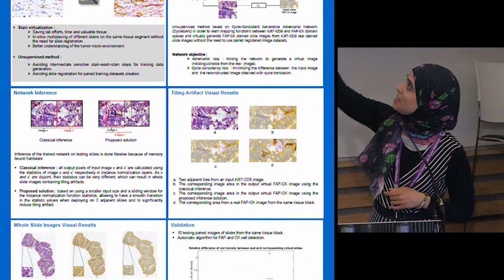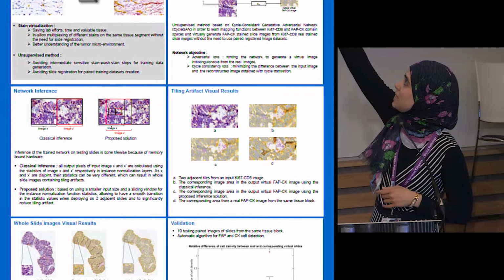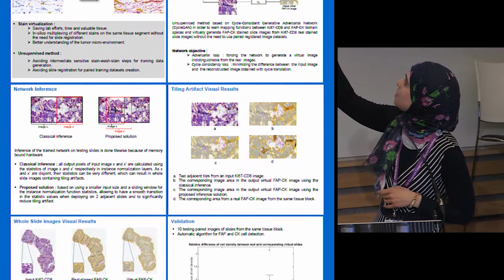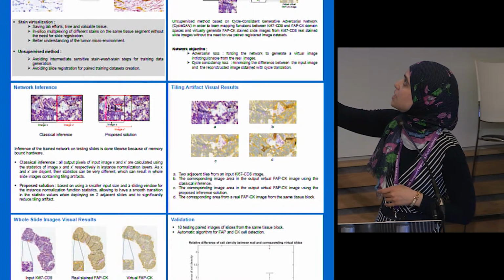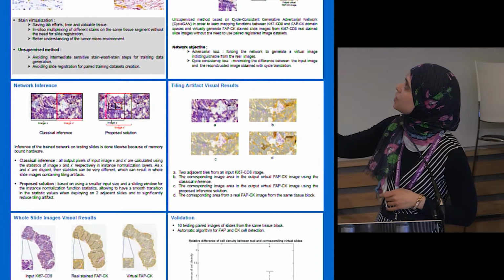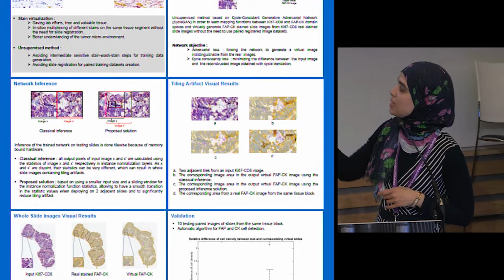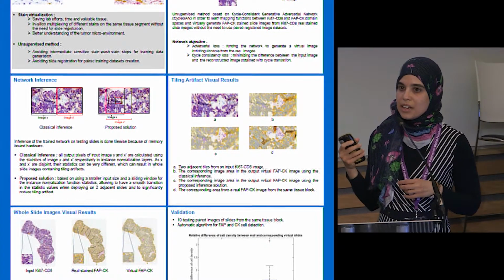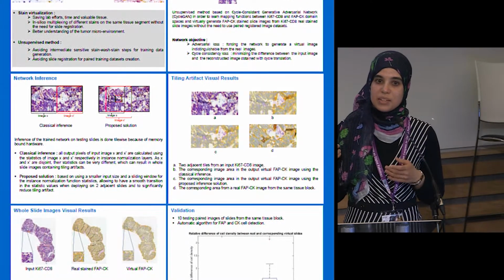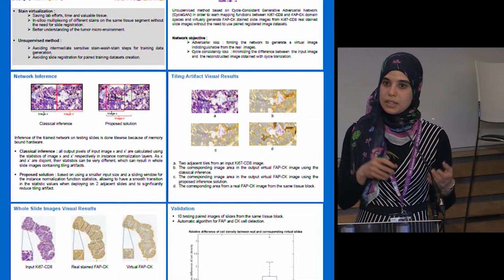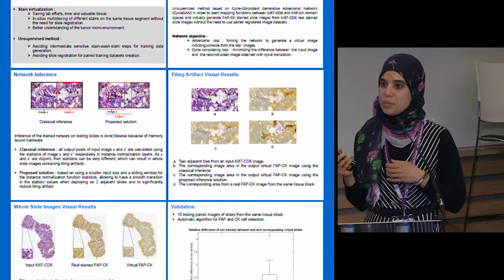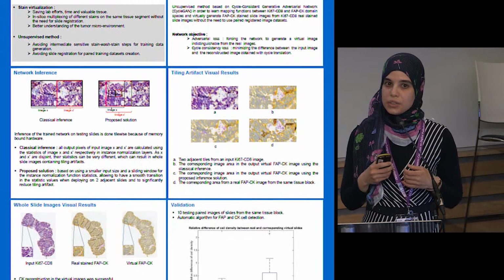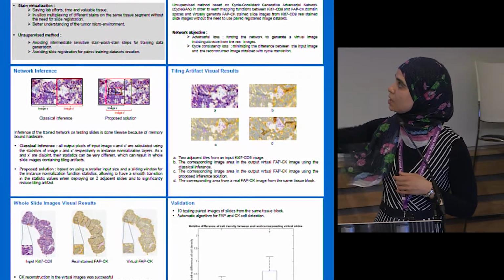It's not very clear here in the image, but the image B there, this one, is obtained with the classical inference, and the image C here is obtained with the proposed approach. Then in order to validate our method, we generated 10 pairs of whole slide images with Ki67CD8 and FAB-CK images, and we generated the virtual images from the